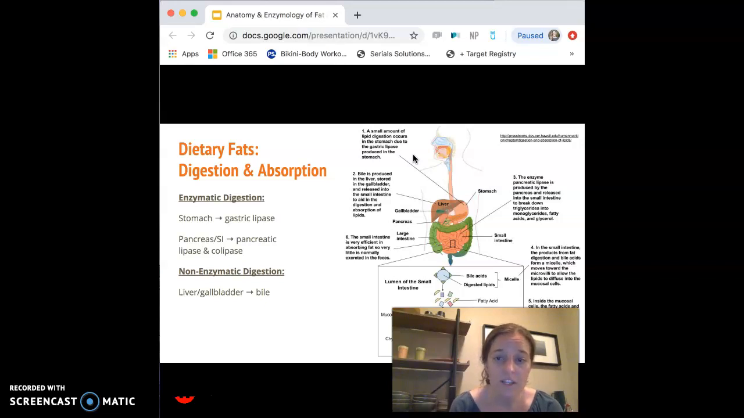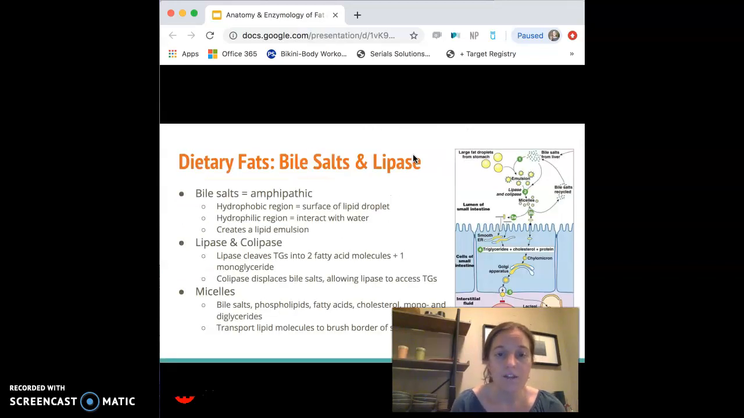So here we have the addition of bile salts and pancreatic lipase that are going to work together to digest and break down the triglyceride molecules into the free fatty acids and the monoglyceride molecules, which are then able to be absorbed into the enterocyte of the small intestine. So we will explore these processes in a little bit more detail as we go. All right, so